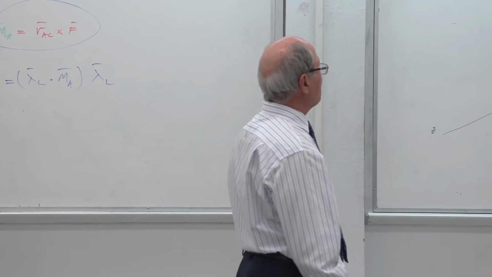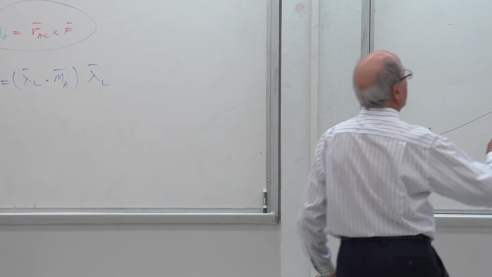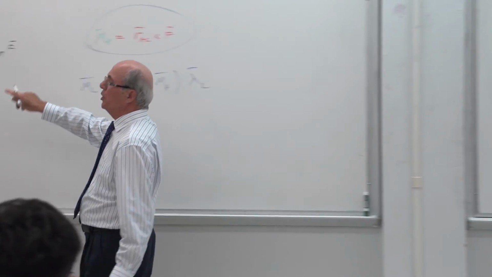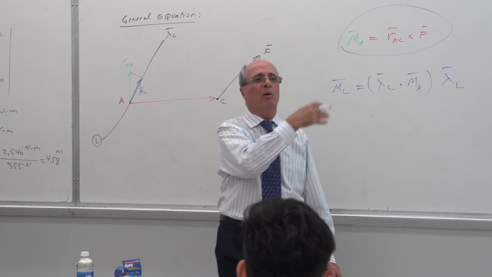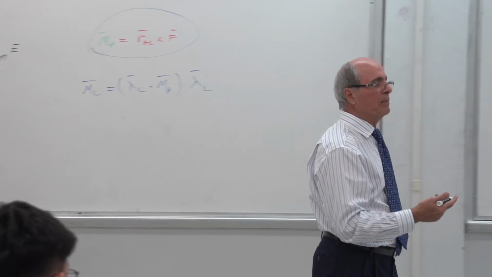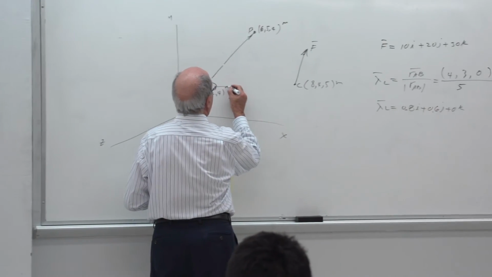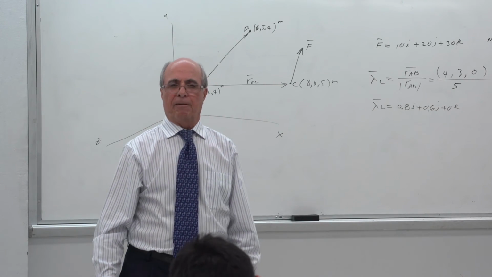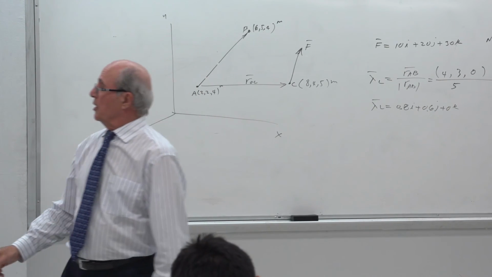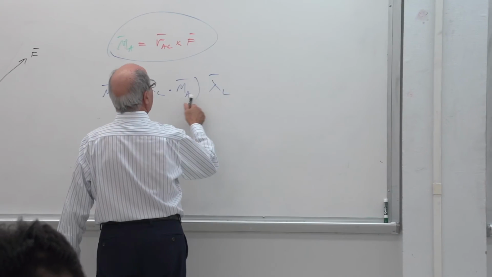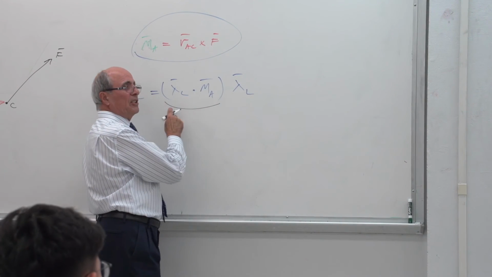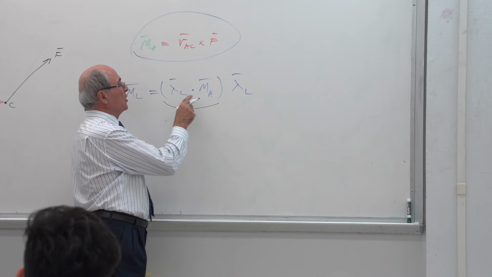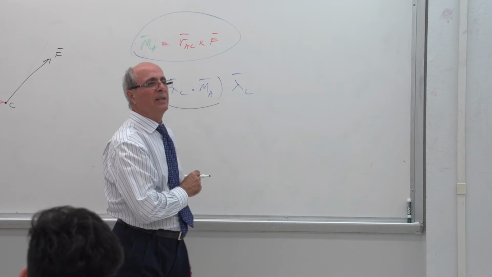All right. Now, the second point is, I want to take the moment of force F about this line AB. I should take a point on the line. Which point should I take? Either A or B. Let's take A, which is simple. So all I'm saying is find this moment, R cross product of F. By the way, this whole expression we call a triple product. You know why? This is lambda L, and this is R cross product of F.